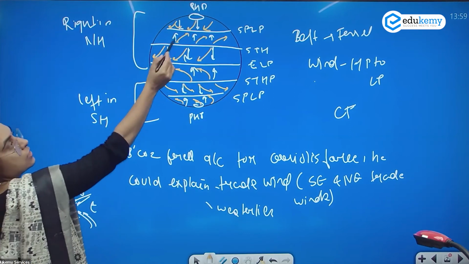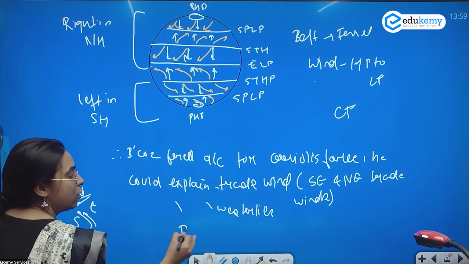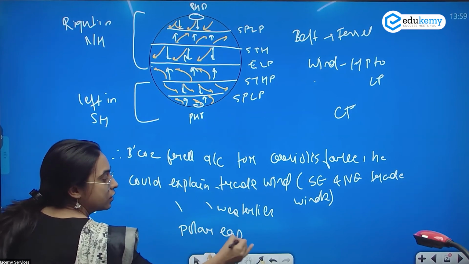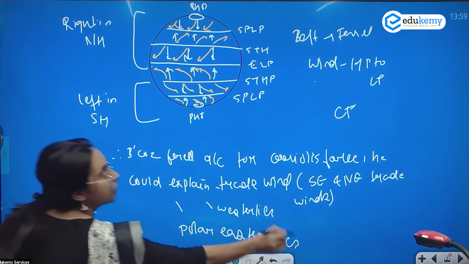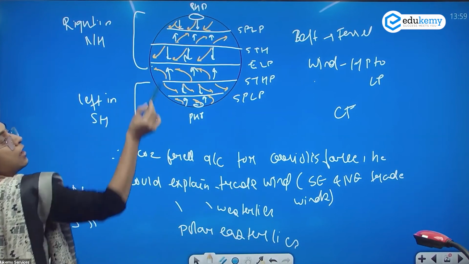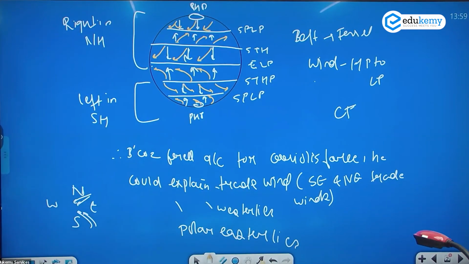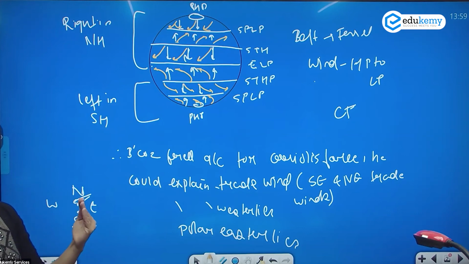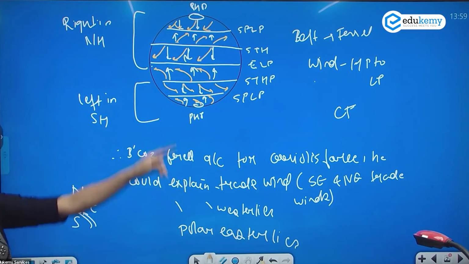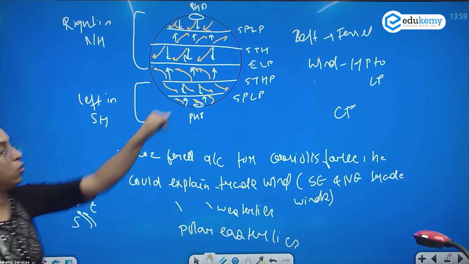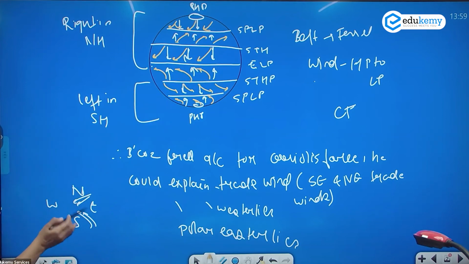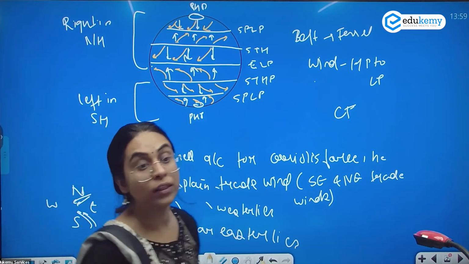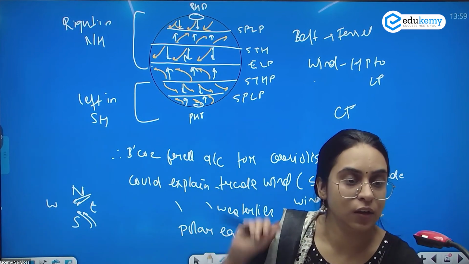He could explain westerlies, and he could also explain your polar easterlies. Polar easterlies, the winds that are coming from the polar regions, appear to come from the east direction. Direction samajh aa raha hai? Are you able to understand? This is westerlies. Why? It is moving from west to east. These are easterlies. They are coming from northeast. They're coming from southeast. Okay. So he could explain all the directions of the planetary winds.